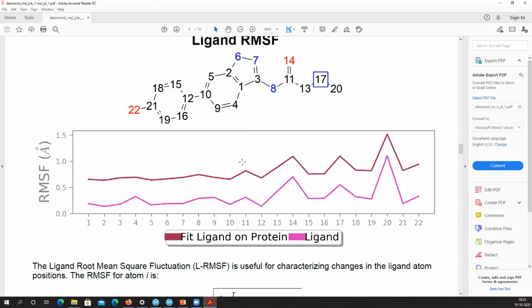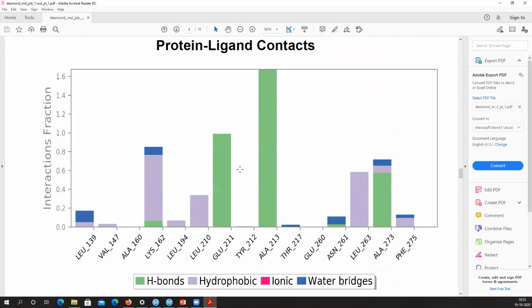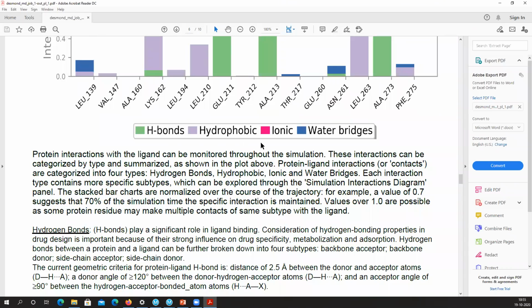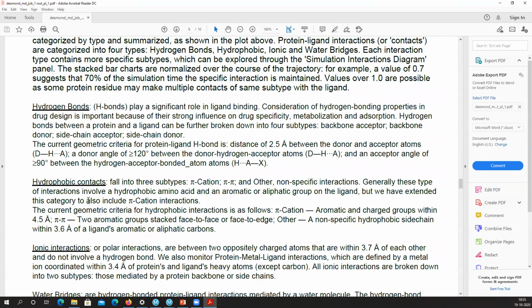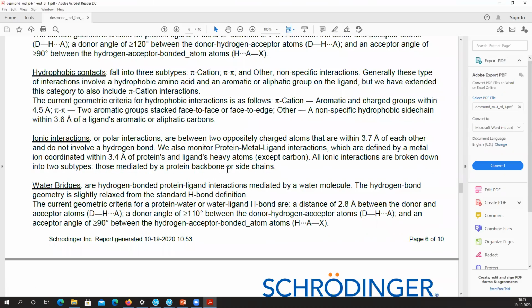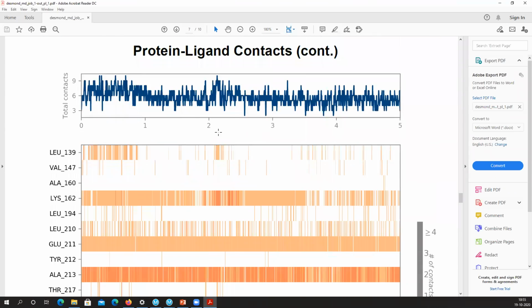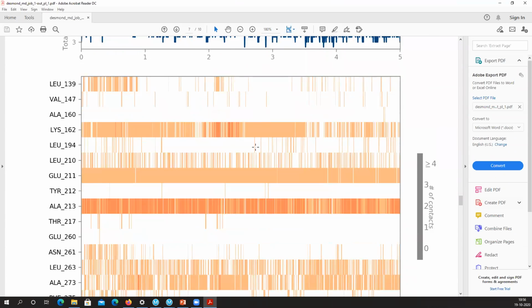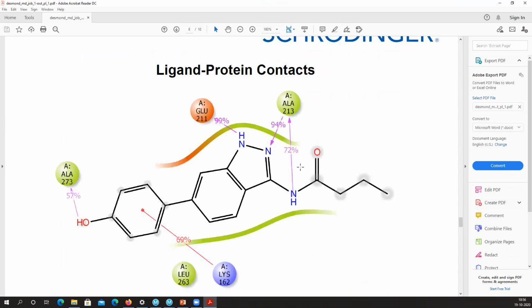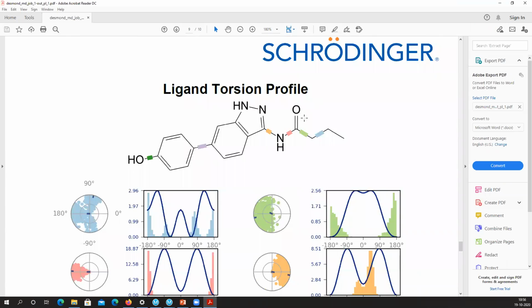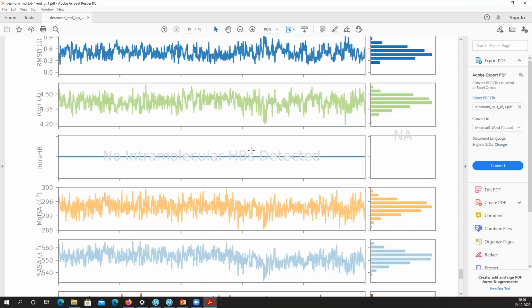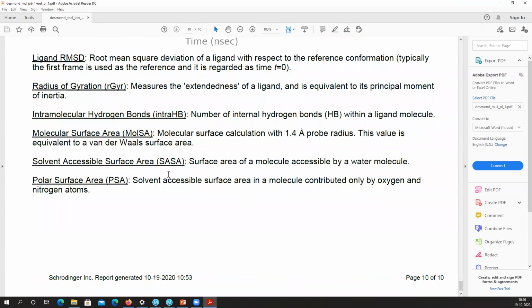You can look at the ligand RMSF. You can also look at the protein ligand contacts. It tells you the description of all the things that is being calculated. What is the criteria for calculating all of these things? Hydrogen bonds, hydrophobic contacts, ionic interactions, water bridges. We also have a report for the protein ligand contacts where we looked at this graph before. And you also have the ligand interaction diagram. And you can also look at the torsion profiles for the ligand. You can also look at the ligand properties. So all of these things are present in one single place and tells you how each of these properties are